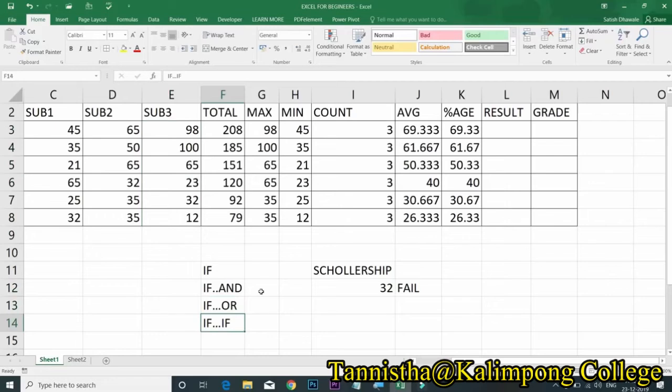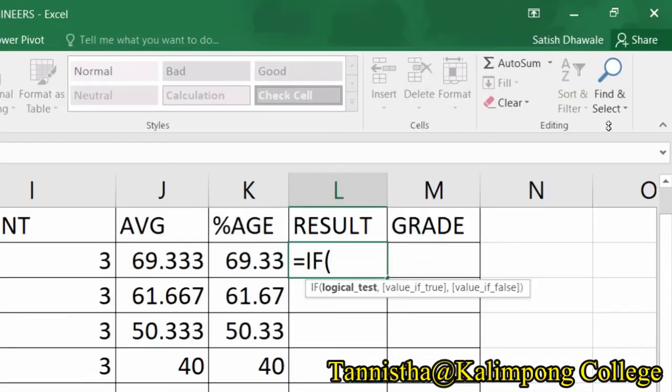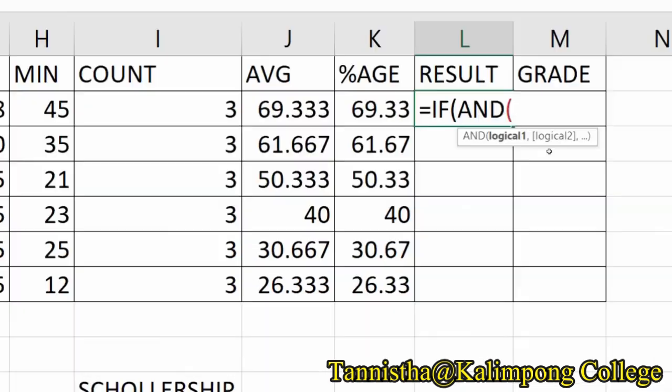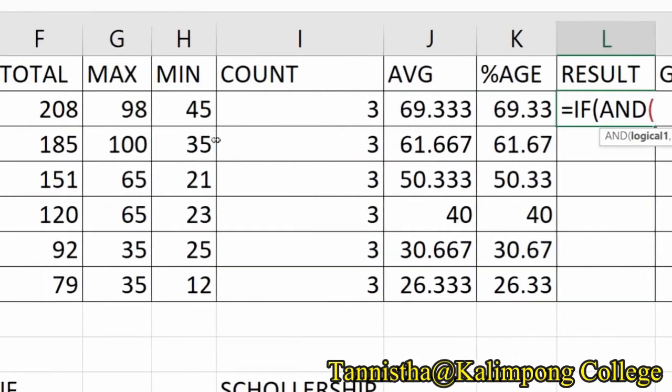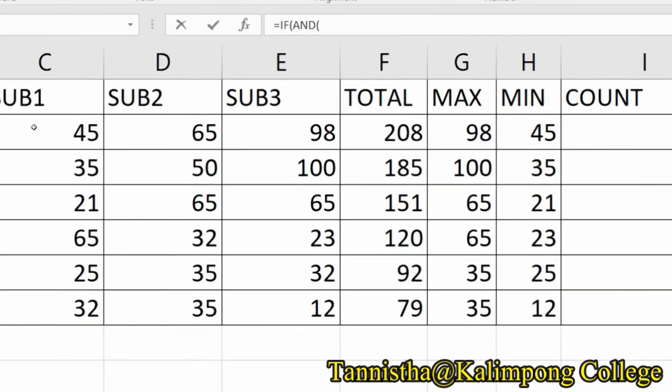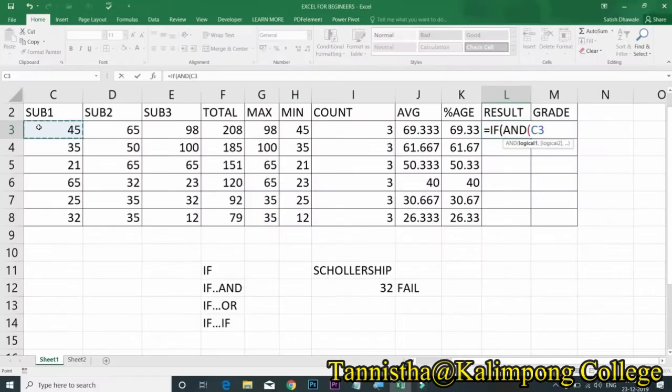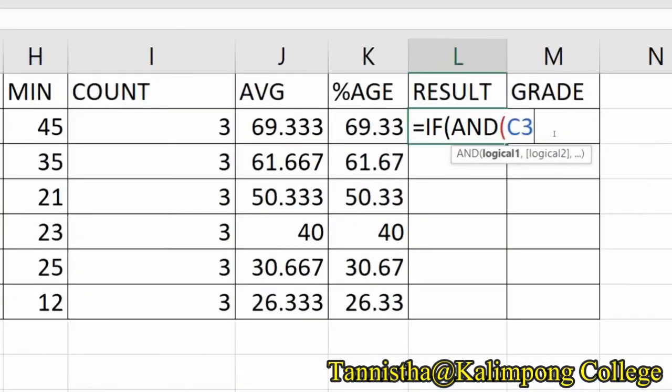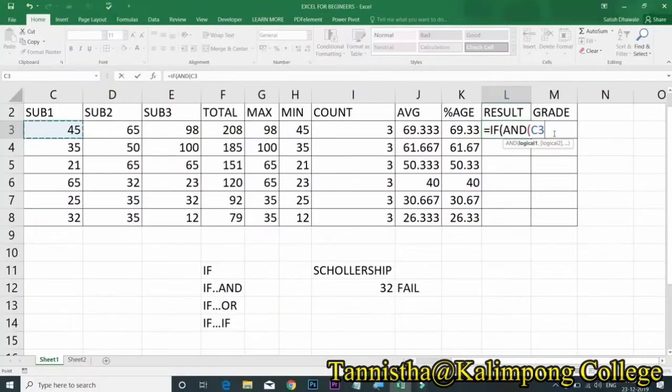Now how to find the result of three subjects? Type equals to if, then give and. When and is used, we can give logical 1, logical 2, logical 3, logical 4 and so on. So first of all, we will take the cell of subject 1. That is, C3 is greater than equals to 35.